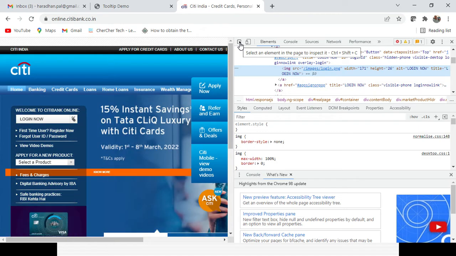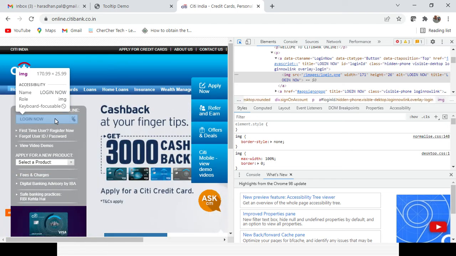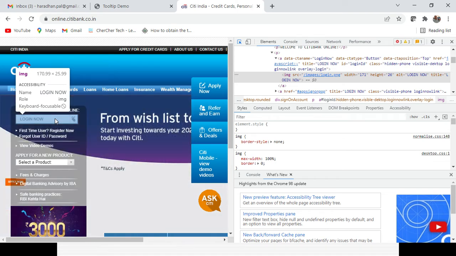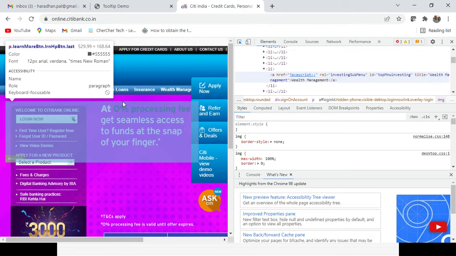If you mouse over it, you get the details where the title is present, called Login Now. So with the help of the getAttribute method and title, you can easily